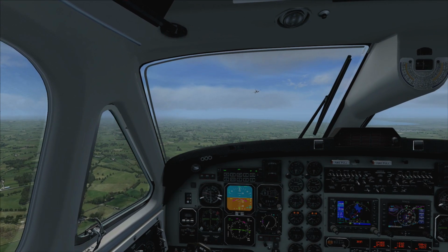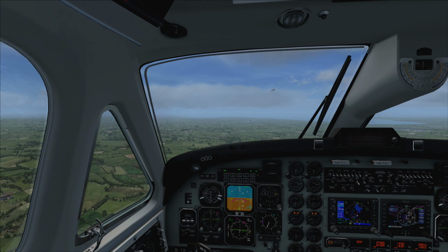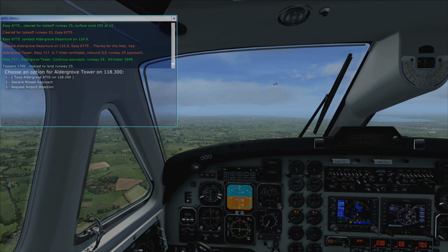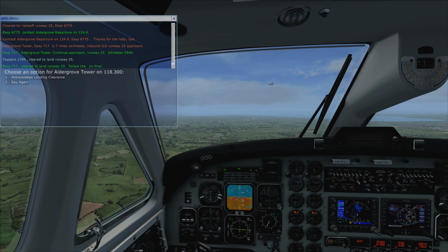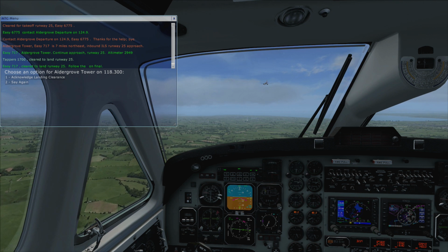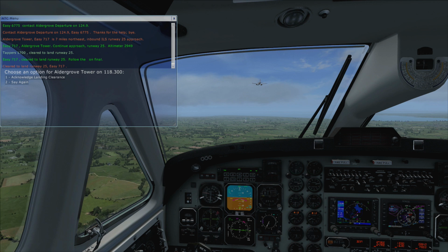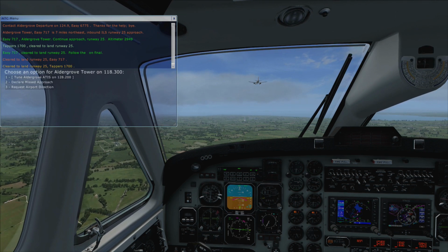7 miles northeast, inbound ILS, runway 25, approach. EC717, Aldergrove Tower, continued approach, runway 25, altimeter 2949. Chambers 1700, cleared to land, runway 25. EC717, cleared to land, runway 25. Follows on final. Cleared to land, runway 25. EC717. Cleared to land, runway 25. Chambers